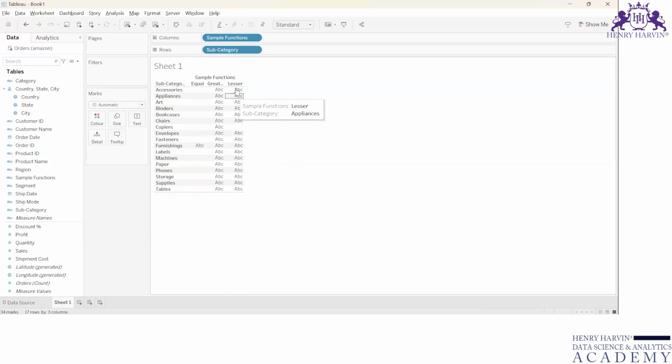Now, in all these accessories, okay, now I have to check why it is showing me greater and lesser both in both of these subcategories. So